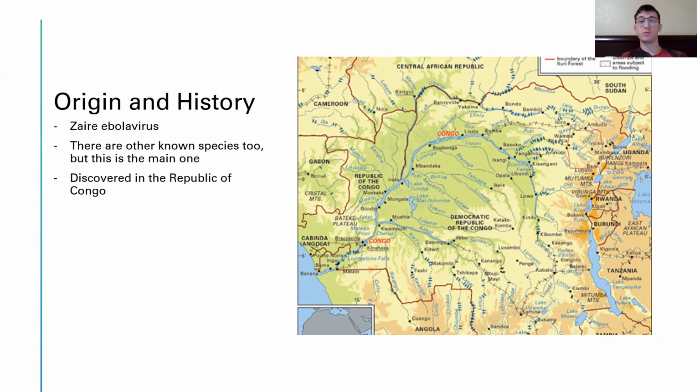What we do know is that EBD was first discovered in 1976 near the Ebola River in what is now known as the Democratic Republic of Congo. Since then, the virus has been infecting people from time to time, leading to outbreaks in several African countries. This is just a picture of the Democratic Republic of Congo. And if you see my cursor on the screen, that is where the first Ebola outbreak occurred, near what they call Ebola River. They have another name for it too, but that's where it started.